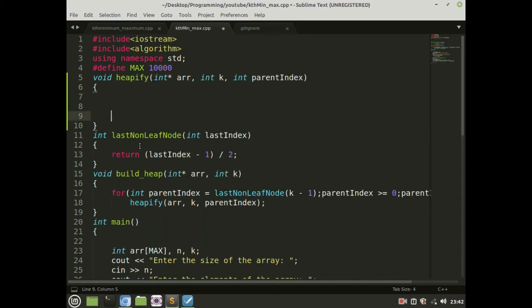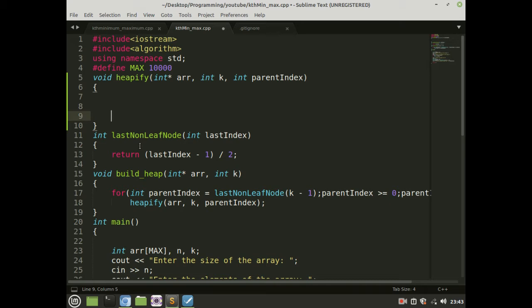Now let's make the Heapify function. So what does Heapify mean in simple words? In the context of max heap, if you are creating a max heap, then the meaning of Heapify is to compare the parent node with the children nodes. If the parent node is greater than all of its children, or both of its children, then the parent node is completely okay, and we have nothing to do with that parent node.